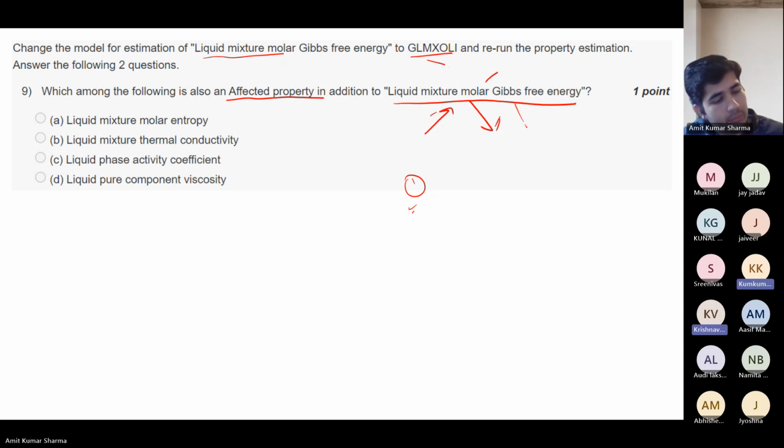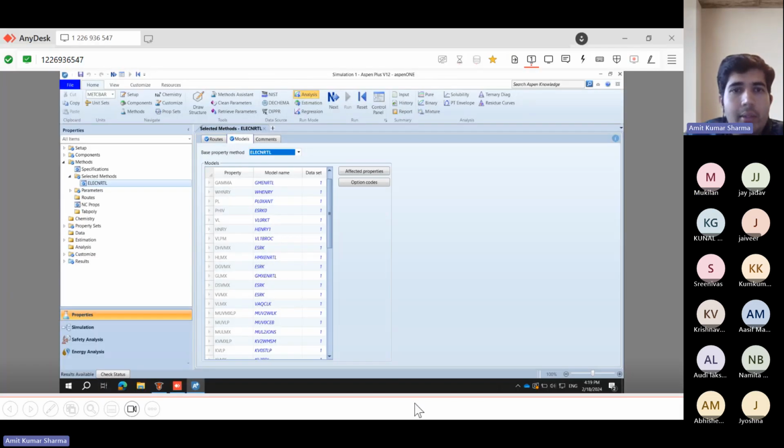Liquid mixture molar entropy. Option A. Okay, we have three answers. Okay, we have four answers. One more and then we will discuss it. Anybody? Option A. Okay, nice.